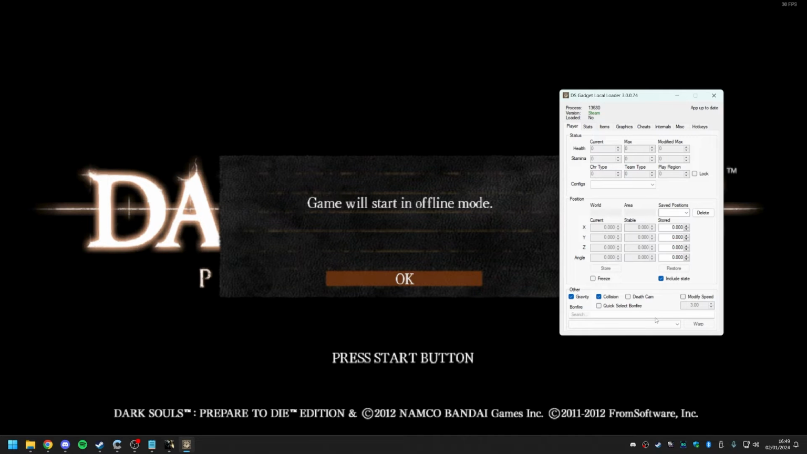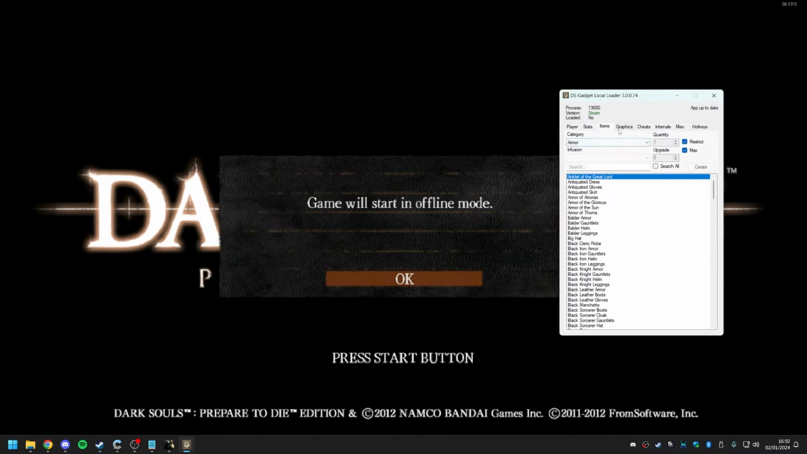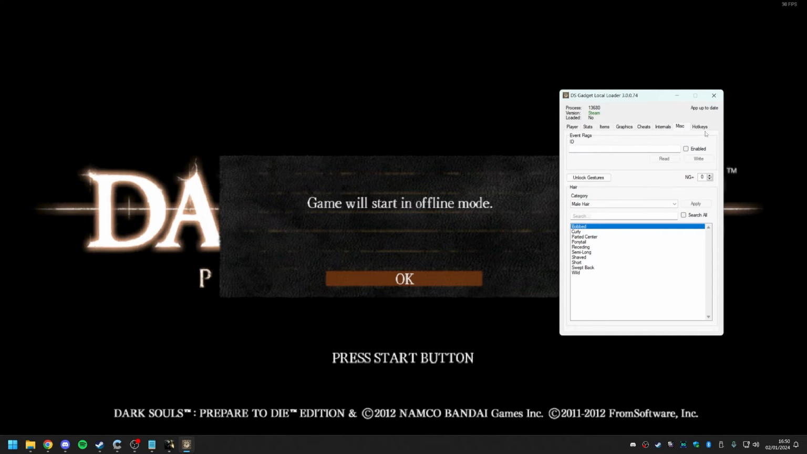The next tool that you need is the Dark Souls Gadget. This is basically a cheat tool that will be very useful for practicing certain things. The main things that it's useful for is it allows you to store a location, which is very useful for practicing certain jumps or skips or stuff like that. It lets you alter your stats, give you items. It also lets you get no damage, which is very useful for practicing boss fights. You can also get infinite poise, or you can disable AI. You can also give no death to the bosses to practice them infinitely,